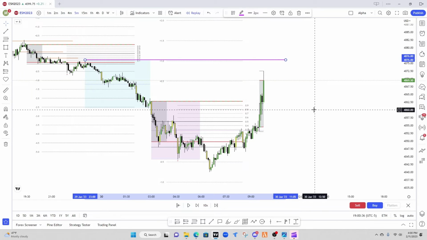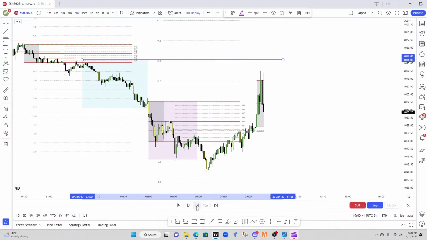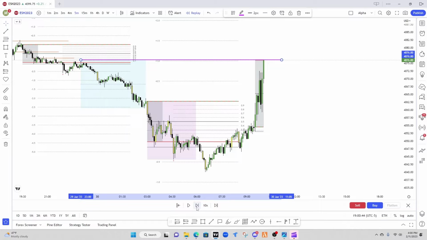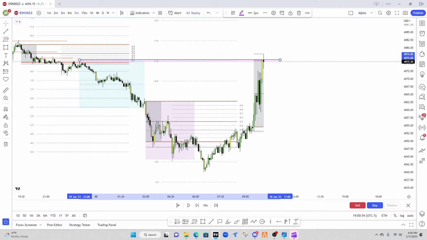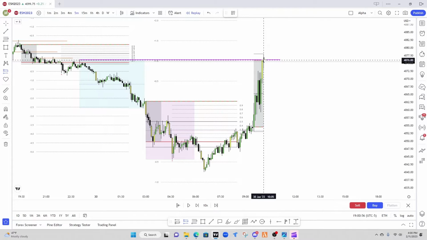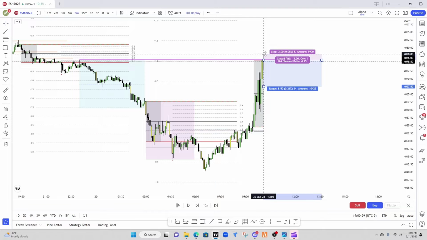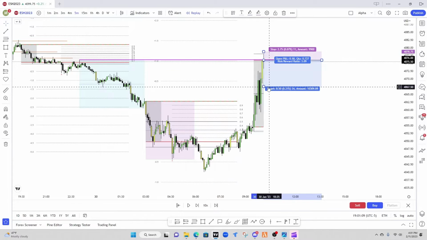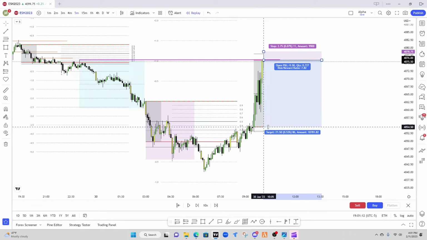So if that does get taken out, we are going to look to get into a trade to start the day. Okay, looks like we've pretty much tapped it. So we're going to go next candle. We finally broke through, so we are going to go in for our first trade. We're going to go using another key level, which is the 50% of the ADR. We're going to go 2 ticks above, 1, 2, and we're going to aim for our,